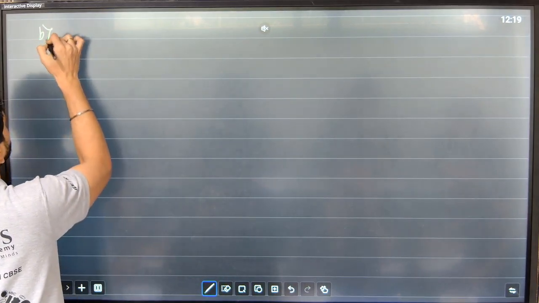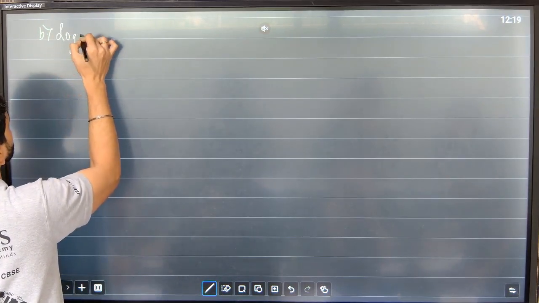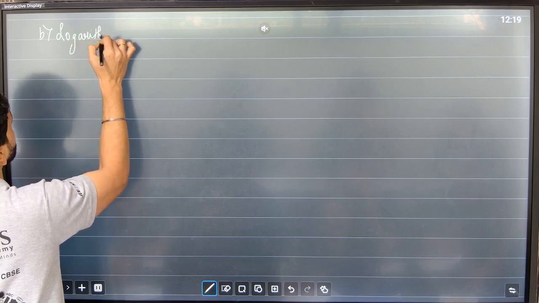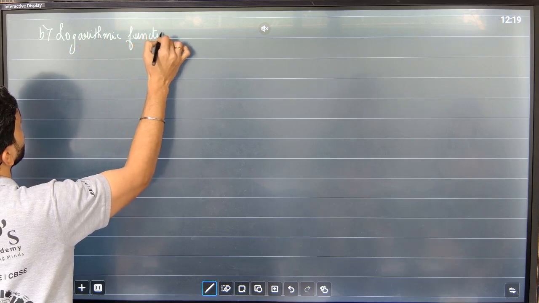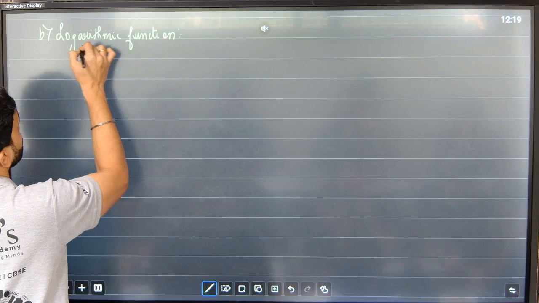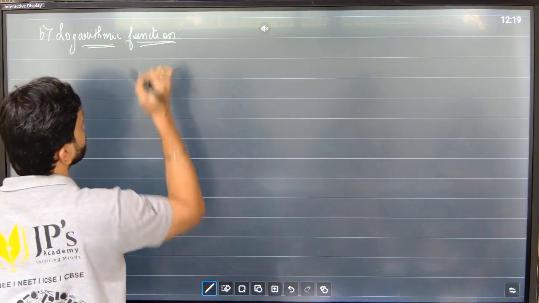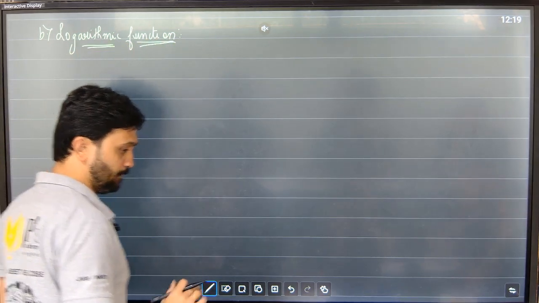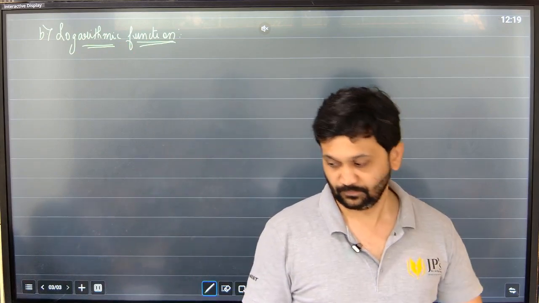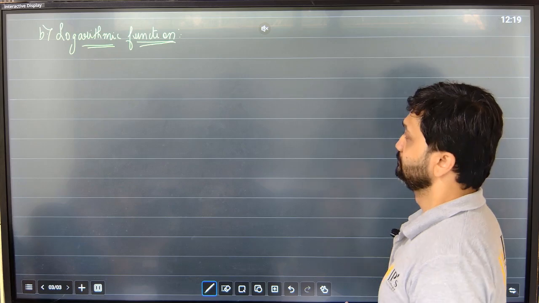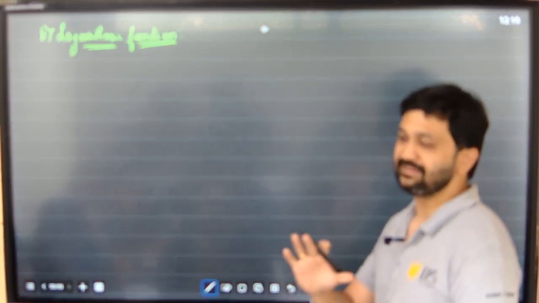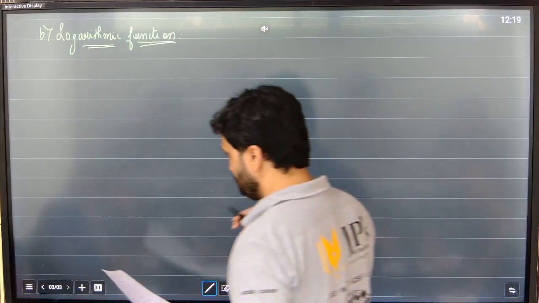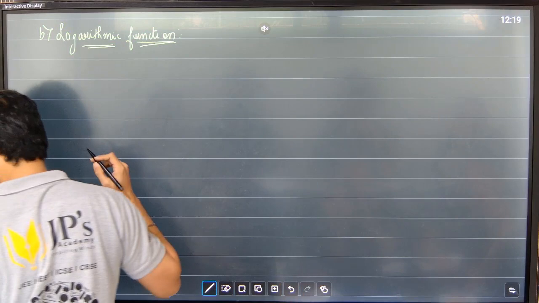लॉगरिथमिक फंक्शन. Logarithmic function. Again, logarithmic and exponential are basically their inverse of each other. Now we start with the same pattern. Okay,